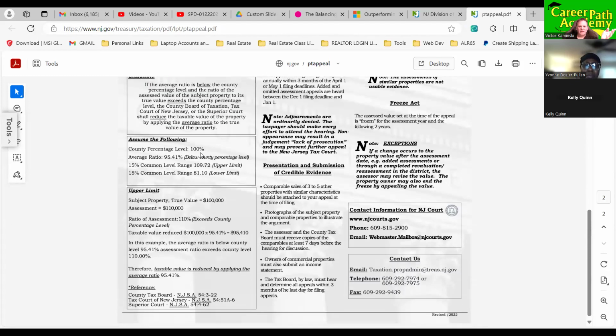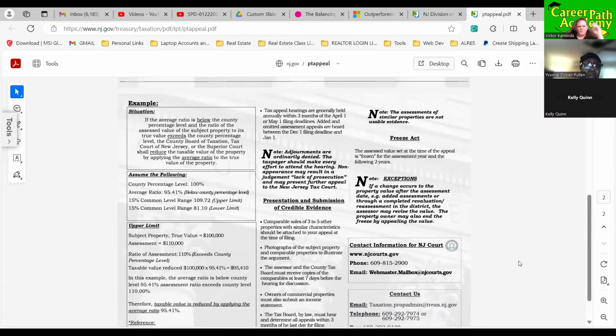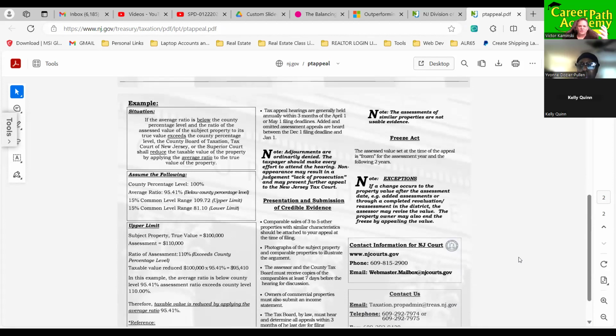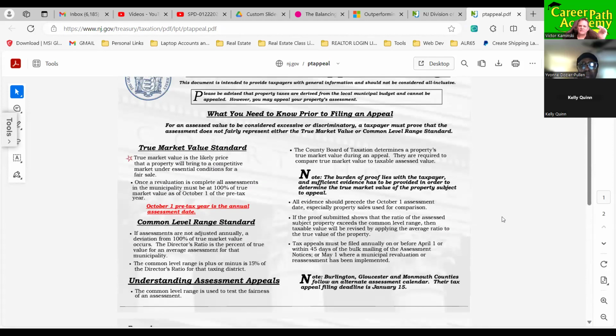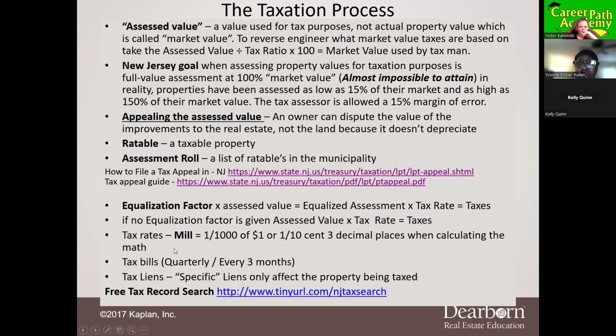It teaches you step by step. It shows you the formulas and how to do the math and the calculations. Depending on what county you're in, like I live in Union County, Union County makes it real easy. You can calculate it, find the comps, and do everything through their online system to file a tax appeal. It's also helpful if you have access to the MLS so you can look at the properties and make sure they're legitimate comparables too. Then you pull out the cheapest ones to try to win a tax appeal. I have to find out mine. Somerset County, I'm not sure.